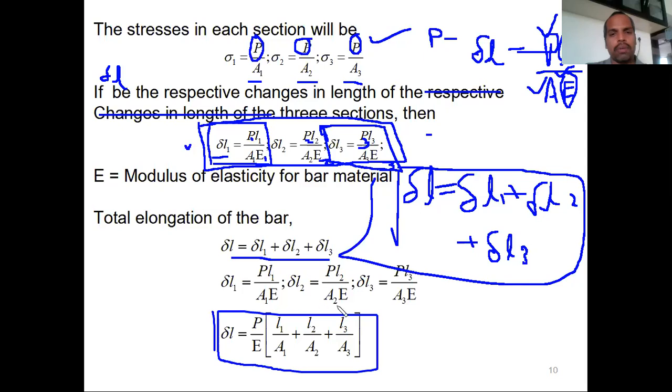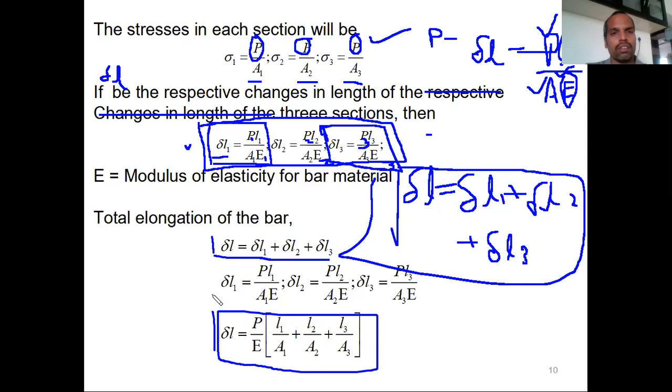There can be a problem which has different lengths, is subjected to different loads, and has different Young's moduli as well. In that case you have to calculate individually to get the total. Like this, you can use this equation. If there is any one common criterion, then you take it out, so that simplification is easy. That is the only reason we are adding it up and forming a simple equation.